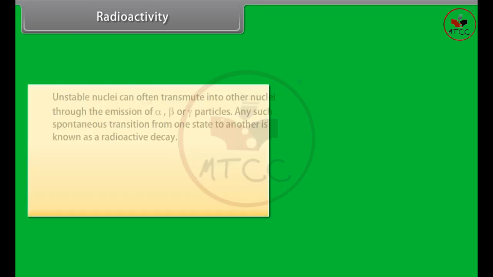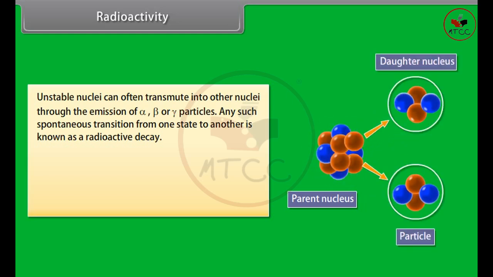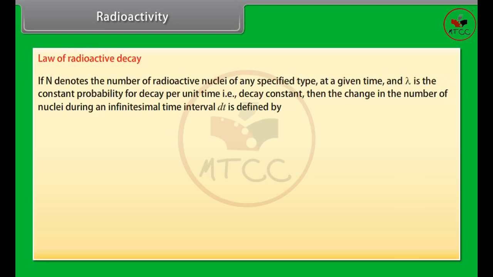Radioactivity. Unstable nuclei can often transmute into other nuclei through the emission of alpha, beta, or gamma particles. Any such spontaneous transition from one state to another is known as a radioactive decay. There are three types of radioactive decay: alpha decay, beta decay, and gamma decay. Law of radioactive decay. If N denotes the number of radioactive nuclei of any specified type at a given time, and lambda is the constant probability for decay per unit time, that is, decay constant, then the change in the